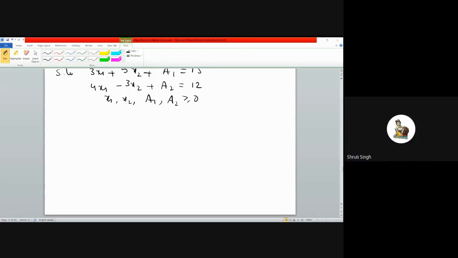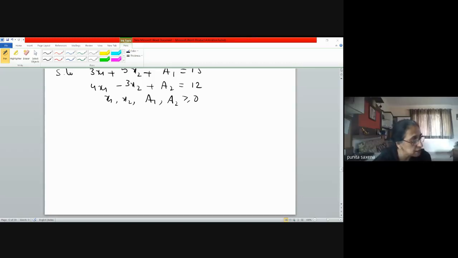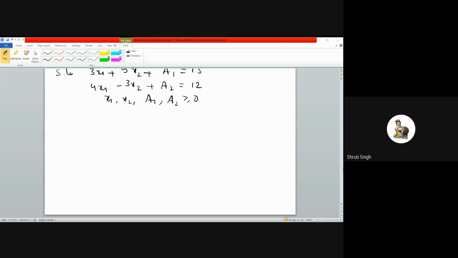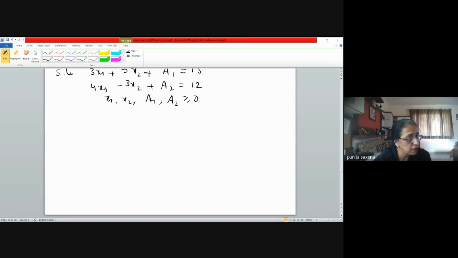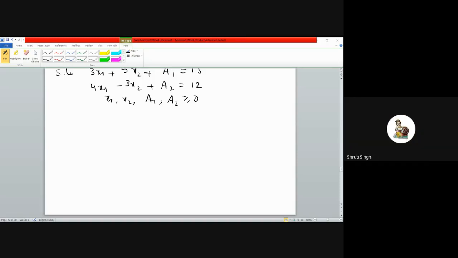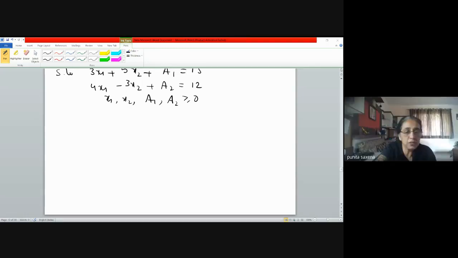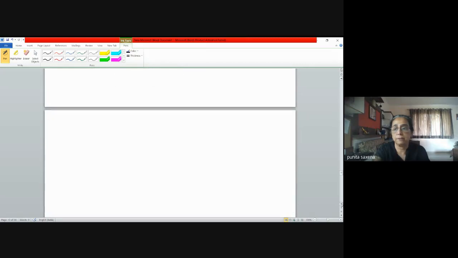R1 will be R1 into 4 by 29. That's right. R2 will be R2 plus 3 by 4 R1 new. That's right. Ma'am, the table becomes X2: the first one is 24 by 29, then 0, then 1, then 4 by 29, then minus 3 by 29. I also need to write it down now because I think this is your optimal table, I believe. Just a minute.